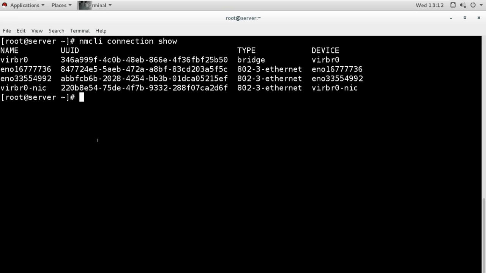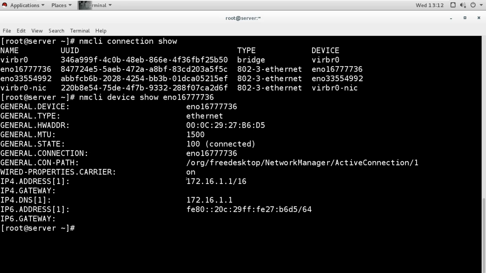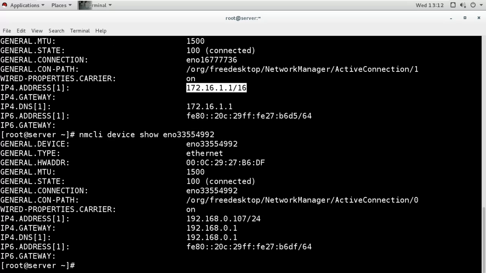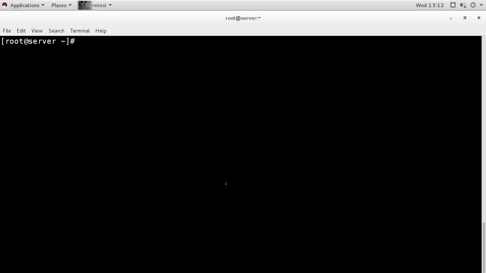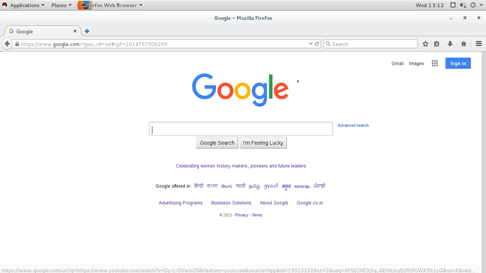We can verify by checking nmcli device show. If you check this interface, it has this IP address, which is the local IP address to connect the local machines, and the other interface has the IP address to the internet, and from this interface we are connecting to the internet with the gateway also. So these are two configurations, and from the server I can access the internet.